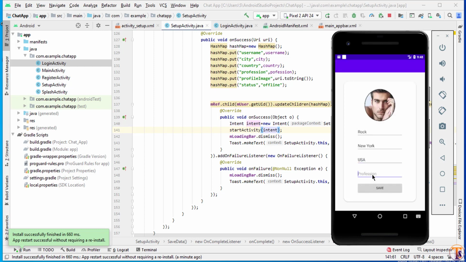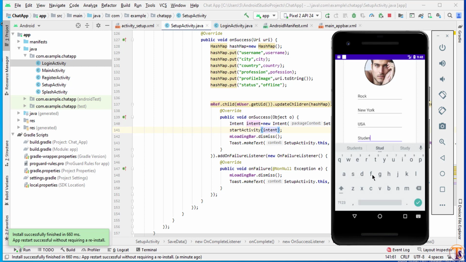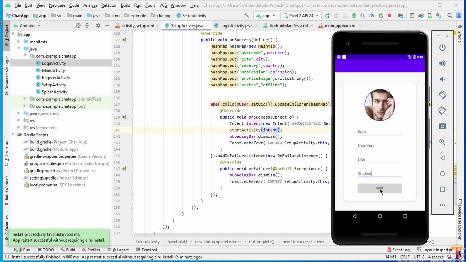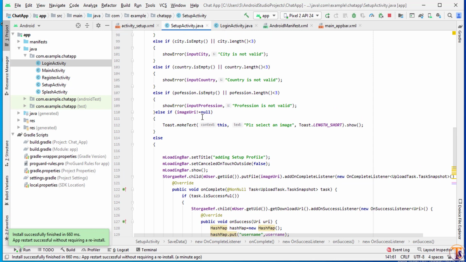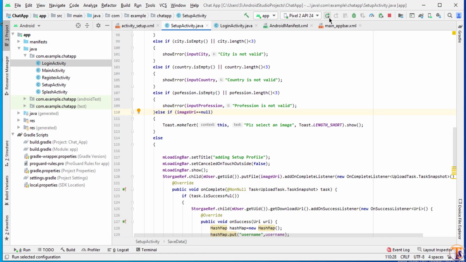I simply type here student. Okay, now click on this save button. Please select an image. Oh my god, image is not selected. What happened? What is the error? Okay, if image URI equal to null, so this is our error, so we will fix it.